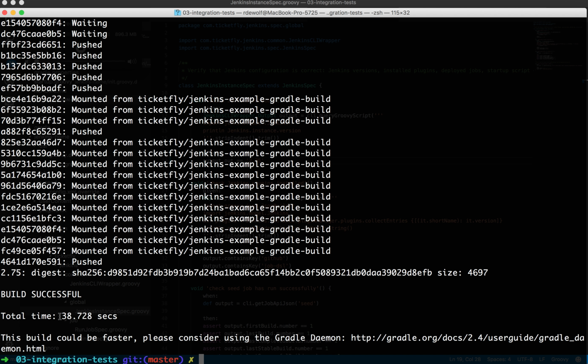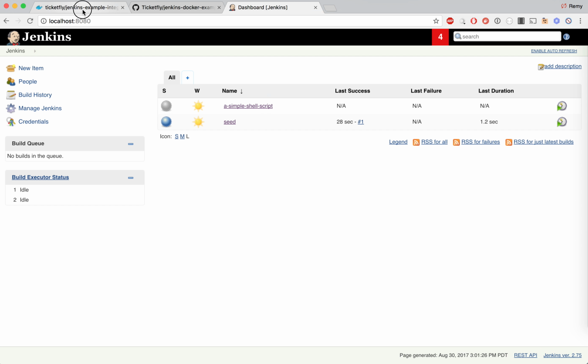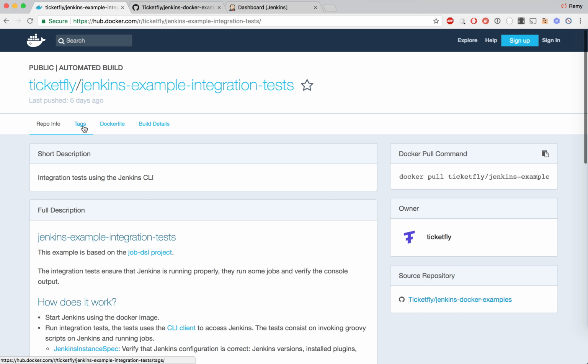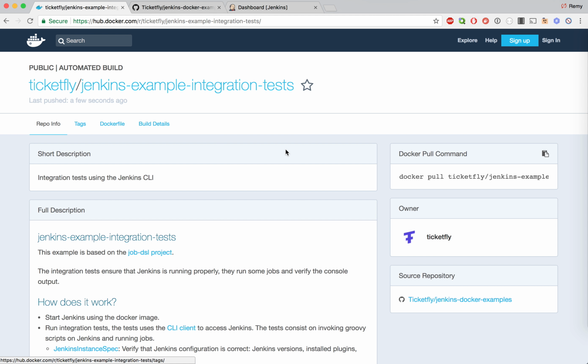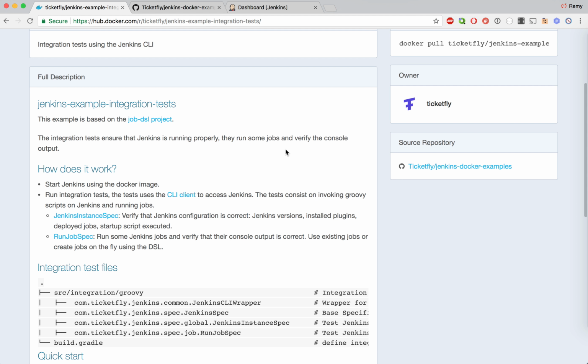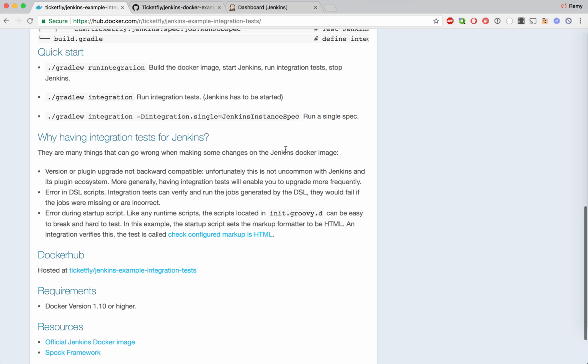Okay, so it pushed the new image to Docker Hub. It took 40 seconds. And now we should be able to go to Docker Hub. And in the tags, we should see, okay, there is a new version 275 that was pushed a few seconds ago that is available. So in this example, we've seen that it's possible to run Jenkins tests on the upgrade